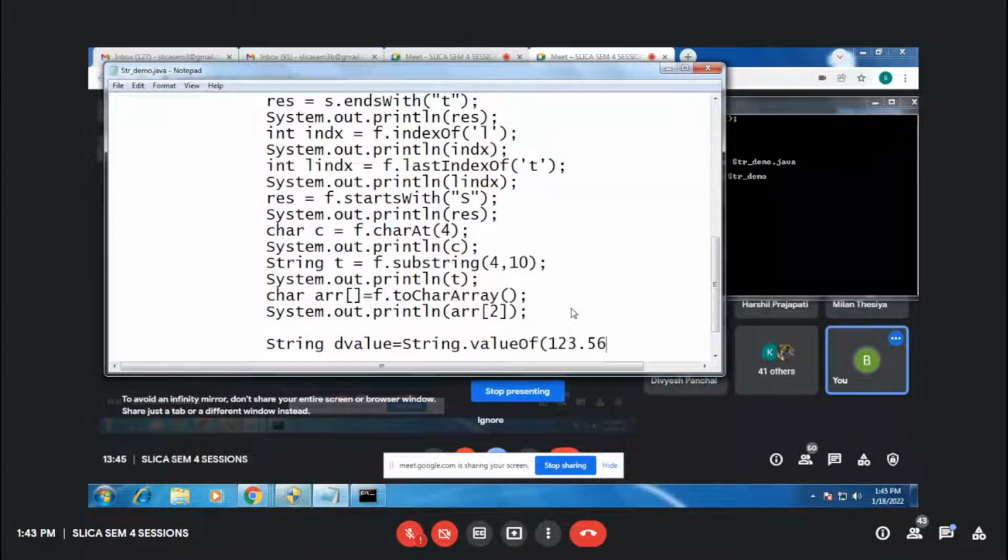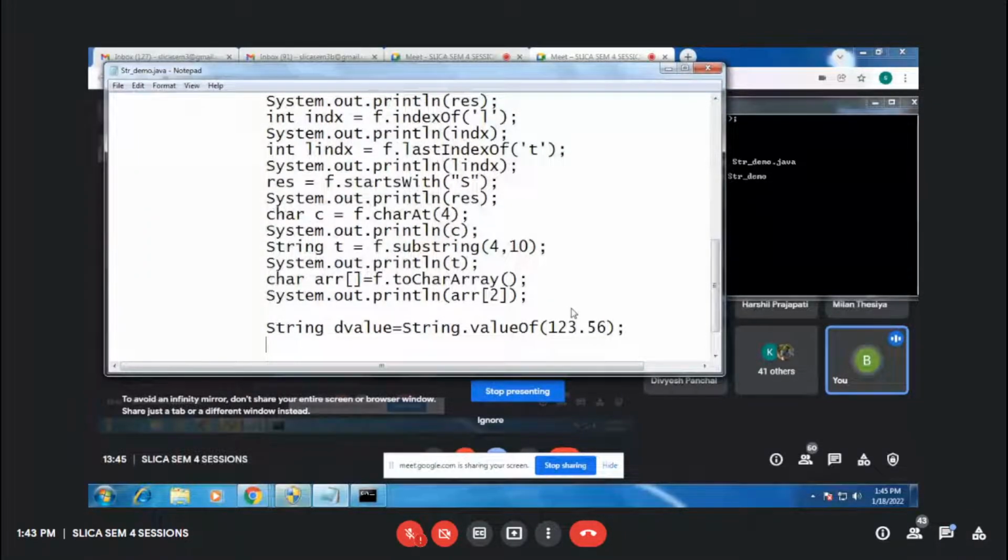This is suppose my double value. To use it as a string, I can do that using the function called valueOf. If you try to do d value equal to d value plus 10,